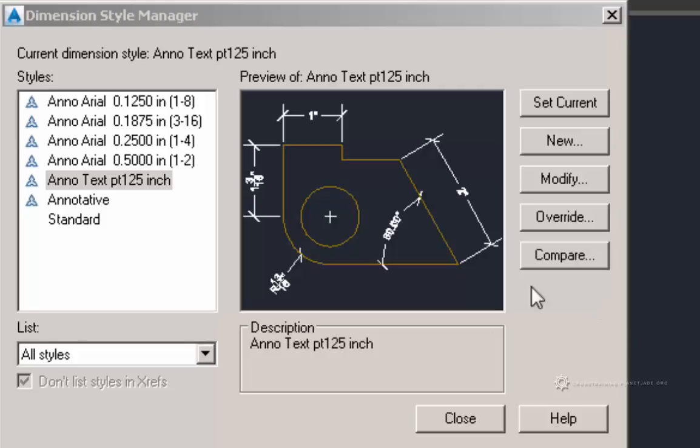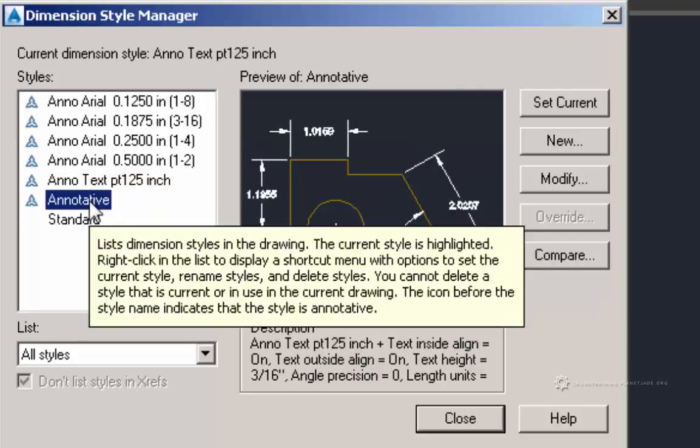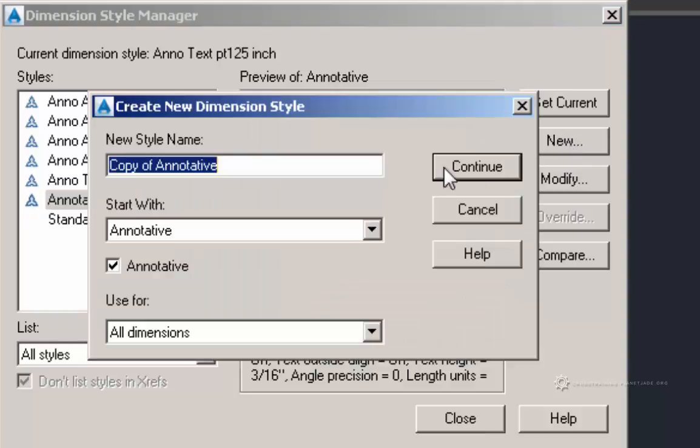So to create a whole new style, I'm going to click on Annotative here, and then on the right side I'm going to click New, and then at the top I need to give my style a name. So I'm going to call it Anno Text 1.25